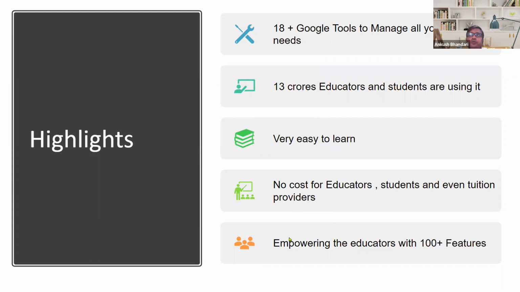And then empowering the educators. Sometimes nowadays we have some worry, not everyone. Some teachers have worry about Byju's, Vedantu. Will they replace the teachers? But here all Google tools are there to help you create your own digital resources, right? So they are completely empowering you, and you can create your own mobile app like Byju's using digital resources of Google. So many features are available.